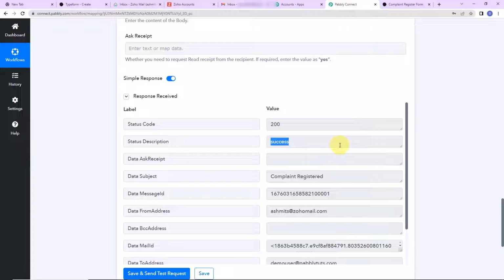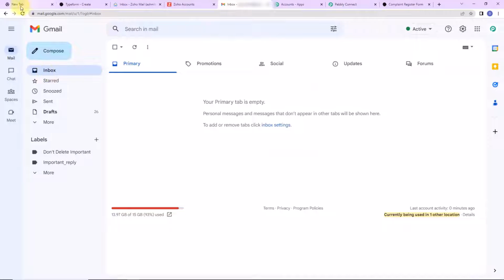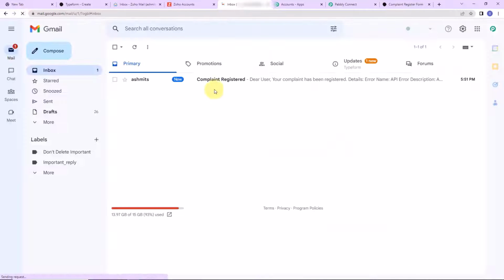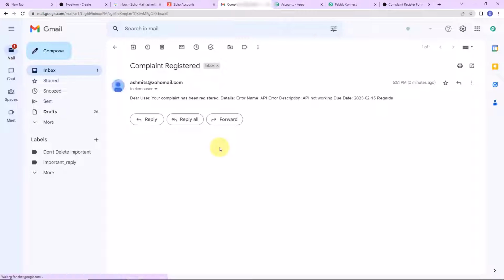Now I'm going to take you to the email address of the person to see if we have received an email. Let's quickly refresh this page. And yes, here you can see that we have received an email. Dear user, your complaint has been registered. Details. This is the error name, API description. This is the description. This is the due date and regards. This basically means that our integration process is a success,